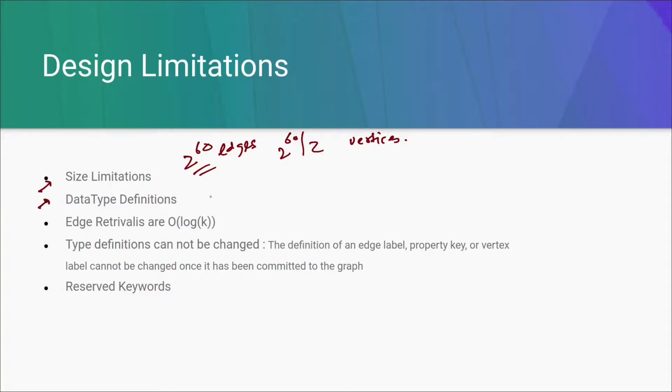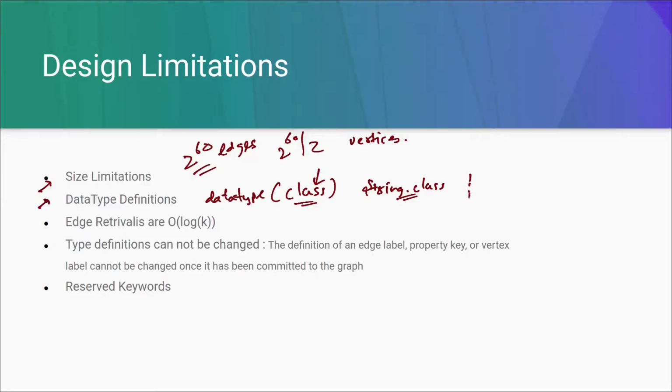According to this limitation, if we define the data type of a property key using the data type method, and provide some or the other class in it, Janus Graph will ensure that every property, or I should say every value that is ingested in that particular property or that particular column should strictly be of this particular type. For example, if we provide string class in it, then the value that can be ingested in that property will only be string. It will not support any subclass also.